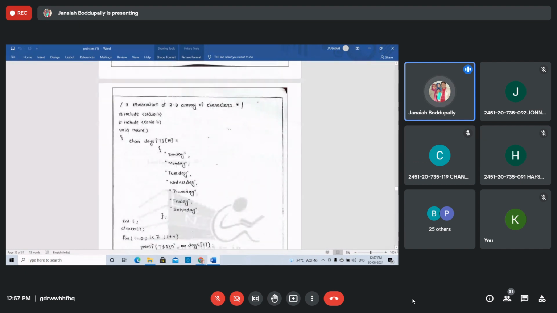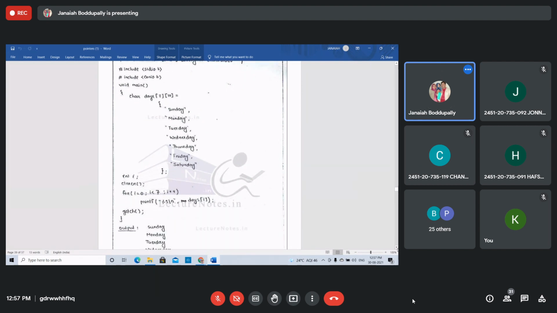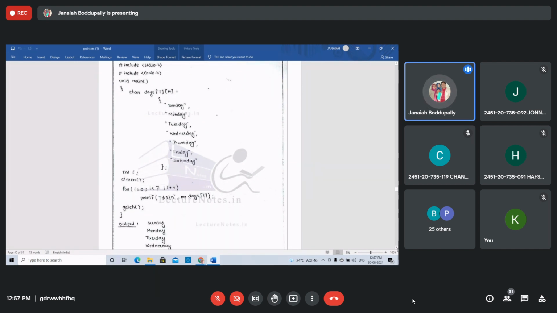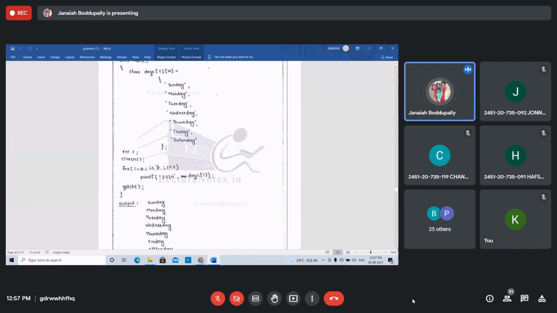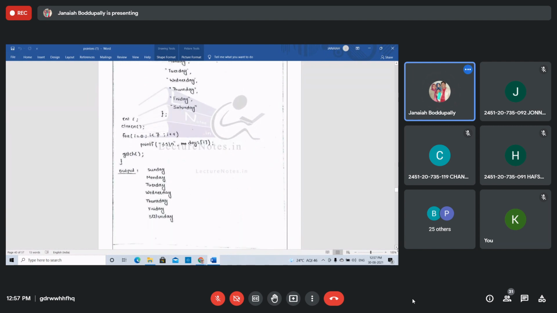Illustration of a two-dimensional array of characters: char days[7][10] with Sunday and so on. You can display using int i, for i equals 0, i less than 7, i plus plus. Just display the values. That's it.